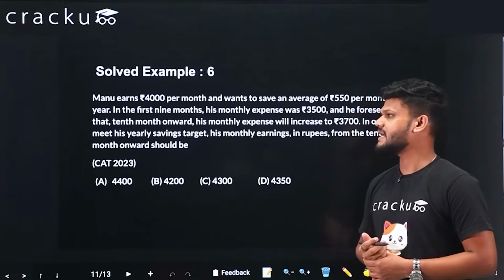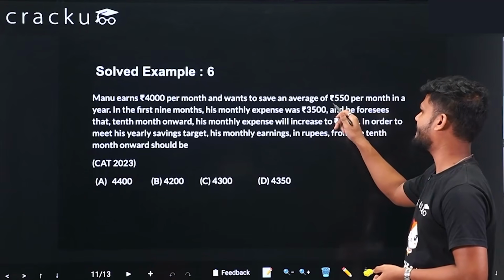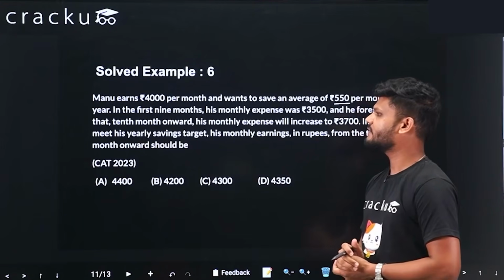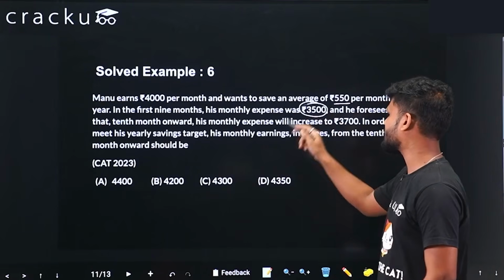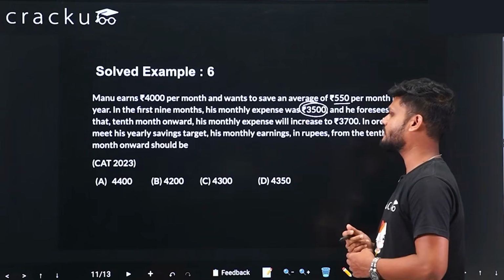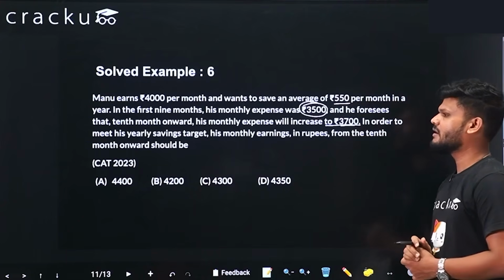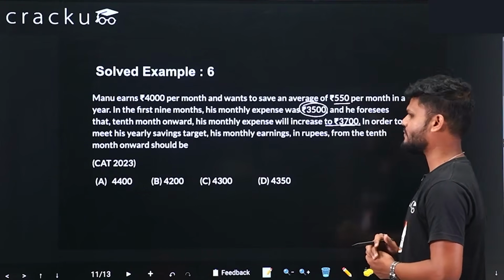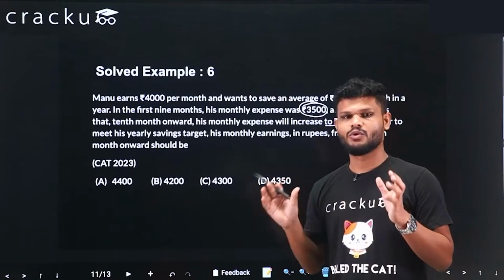In this question we are asked, Manu earns 4,000 per month and wants to save an average of 550 per month in a year. If in the first 9 months his monthly expenses were rupees 3,500 and he foresees that from the 10th month onward his monthly expense will increase to 3,700, in order to meet his yearly saving target, his monthly earnings in rupees from the 10th month onward should be what? So this is nothing but